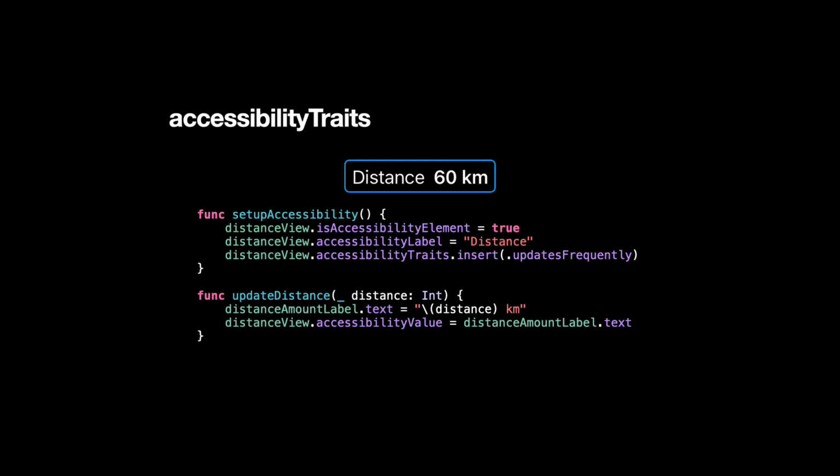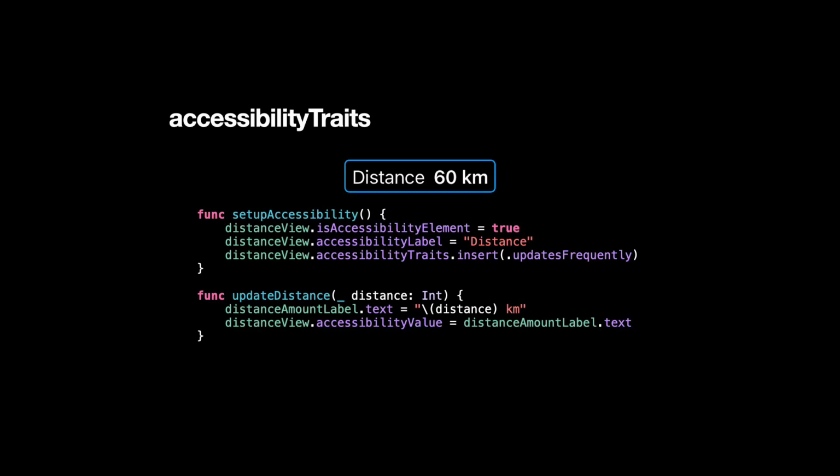In a more realistic example, the distance to your destination wouldn't stay the same. It changes as you move. So actually the accessibility value needs to be calculated and updated by some code function. There is also a behavioral trait for an element that updates frequently. Let's use that as well. On my distance view, I now set the accessibility traits to include the updates frequently trait. Views have multiple traits, so you should usually add and remove traits individually instead of replacing the existing ones. This is done by setting accessibilityTraits.insert(.updatesFrequently).